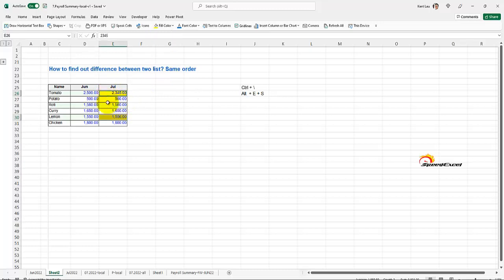These are the two items that are different from the June list. Cool, right? Now, next,